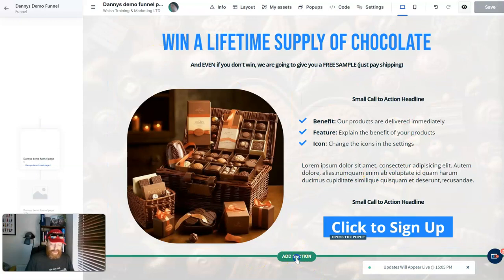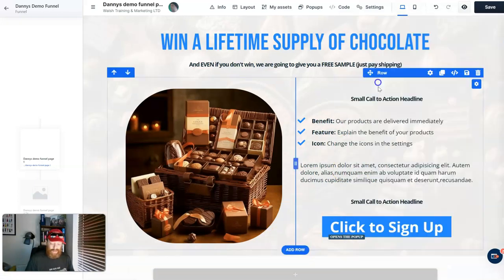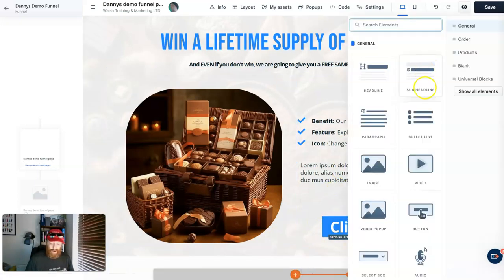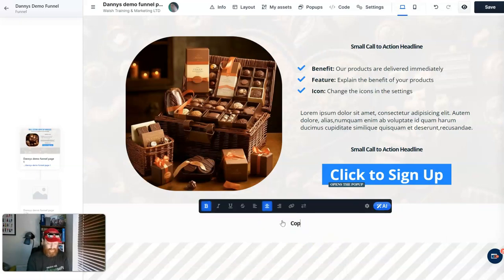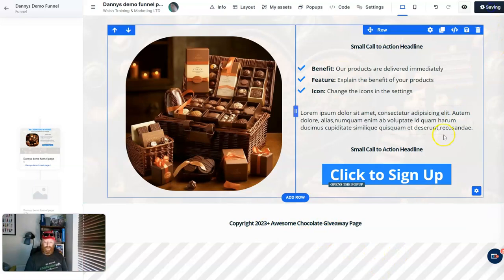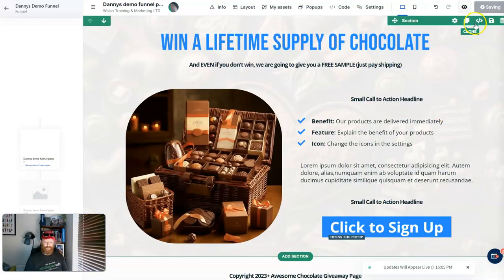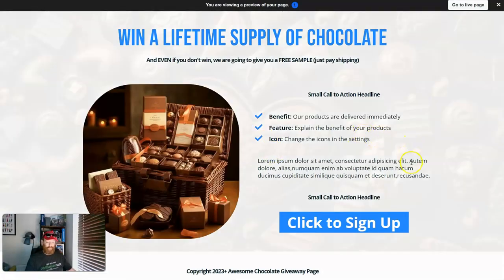And what I'm going to do down here is add one more section, full page section. I'm going to add a row in the center, 1 page row. I'm going to put here a sub headline, and in there I'm going to put copyright 2023 plus awesome chocolate giveaway page. Right, and whatever your website is, and you can put your terms and conditions and all the rest of it. We'll click save, but if we go and press preview now, you'll see that we've actually got something